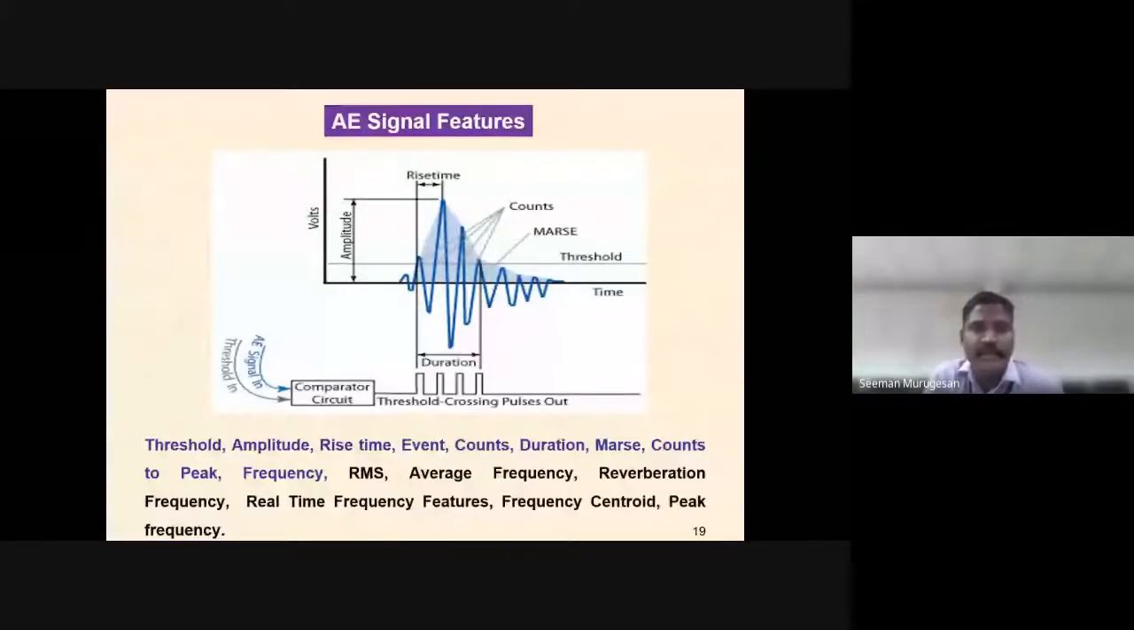Then the AE features are AE parameters, simple AE waveform parameters. Many parameters are there in the AE features, like threshold, amplitude, rise time, event, count, duration, mass, counts to peak and frequency. These are the